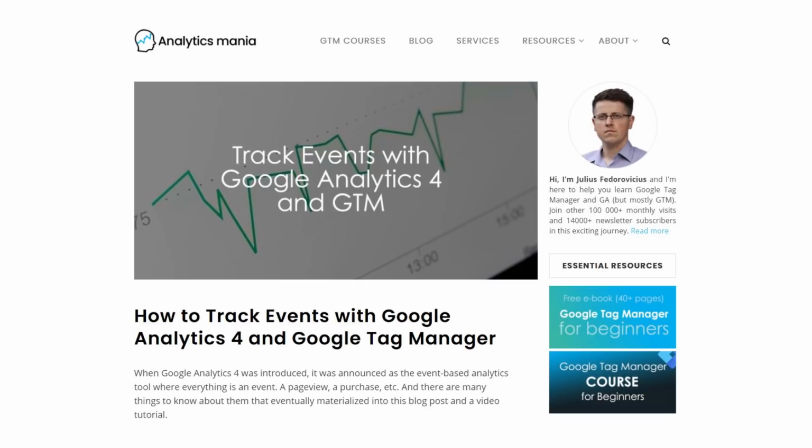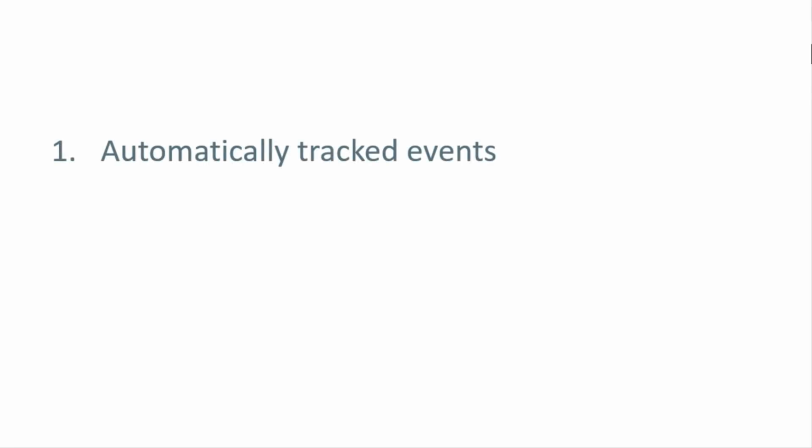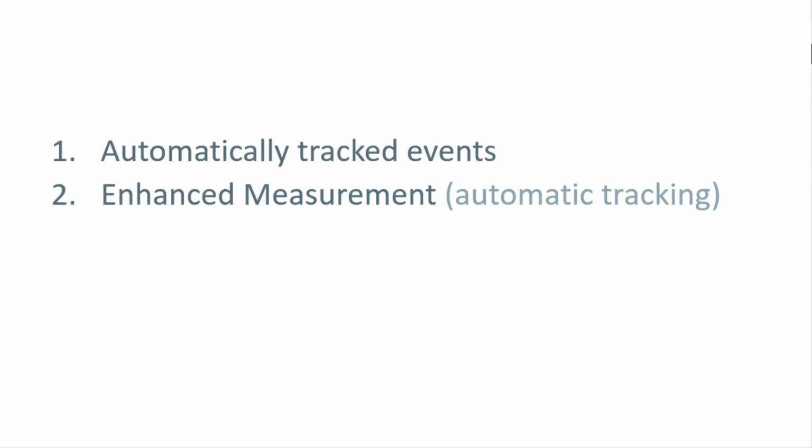And in that guide, I explain how to track events in general with Google Tag Manager and Google Analytics 4. So to sum up, when you plan to implement event tracking with Google Analytics 4, first you need to check whether that event is not automatically tracked by Google Analytics 4. If not, then check maybe that event is tracked automatically by the enhanced measurement. If not, then you should check the list of recommended events and use Google's naming convention. Because according to Google, if you follow the recommended naming convention, Google Analytics will better understand what that data is. And in the future, when new reporting features are introduced, that data will be displayed in proper reports.